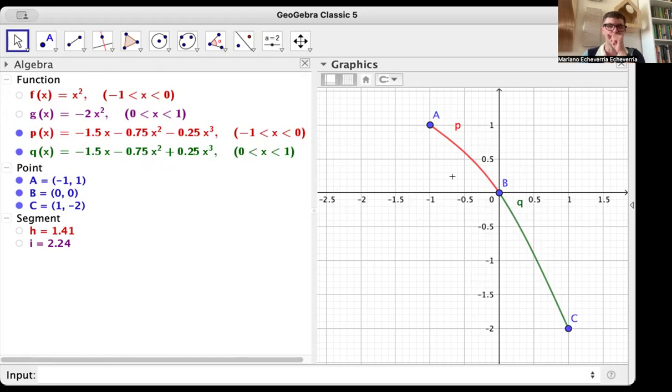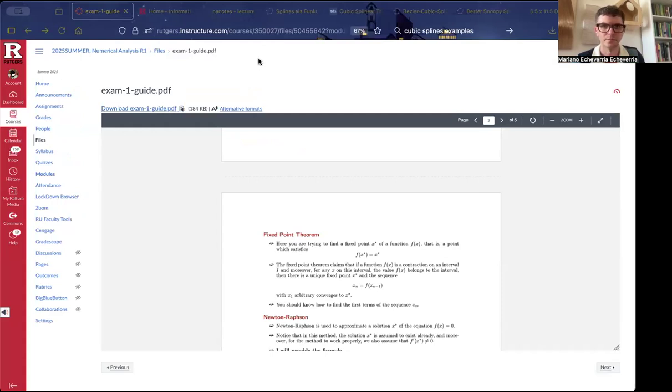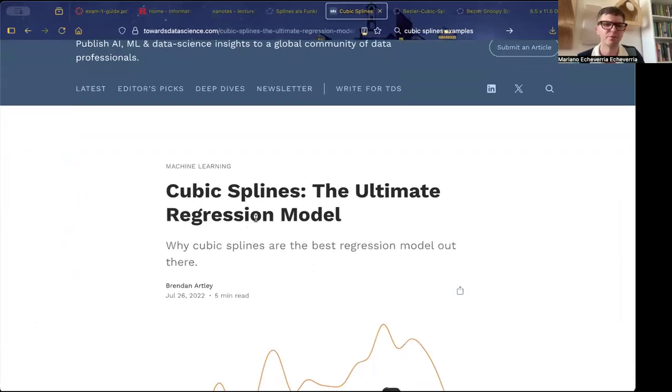In fact, it's concave down here, so there's no abrupt change in the concavity. Let me see if I can show you this. Yeah, okay. And again, for some who are interested in reading more about this, I'll put